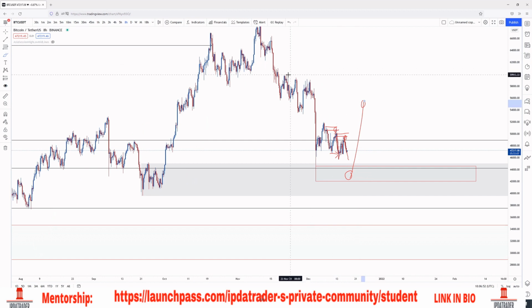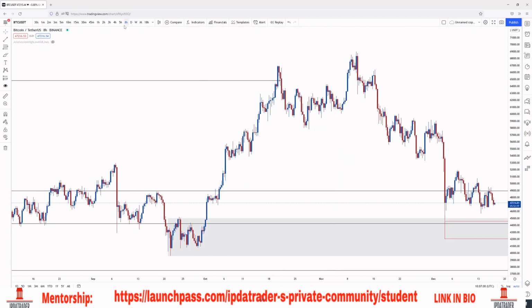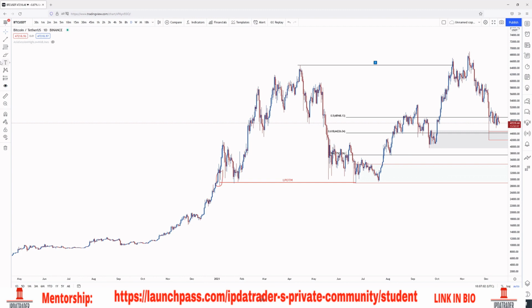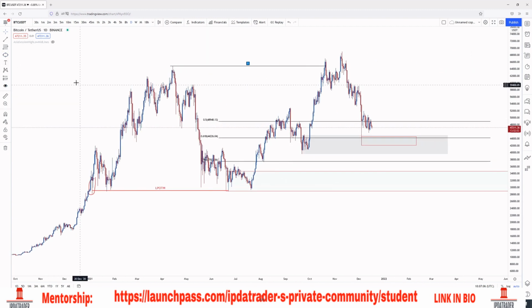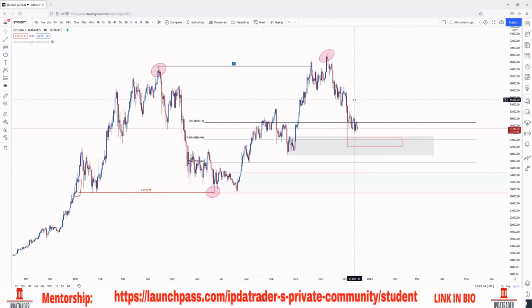Okay, so those are ideas and things you want to be paying attention to. But once again, we're focusing on a little bit of the longer term perspective and play. So let's actually take a second. Let's denote the structure points over here, right? Fairly simple. We have this over here as the previous high, higher low, higher high. Great. Bullish market, right? You should understand we are in a bullish market.